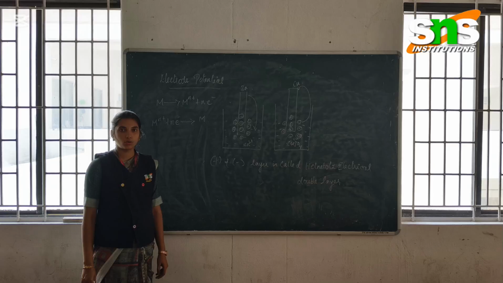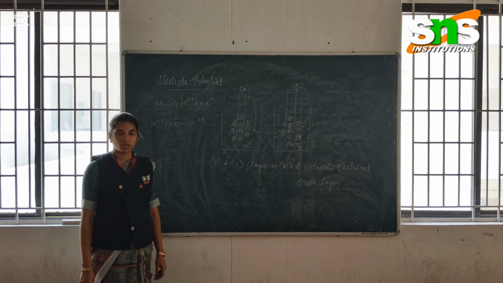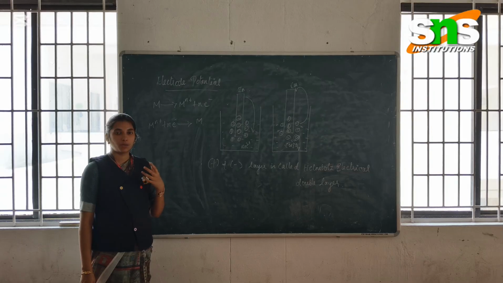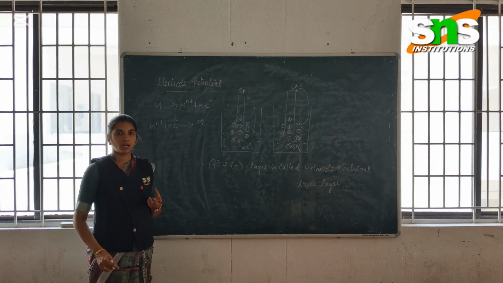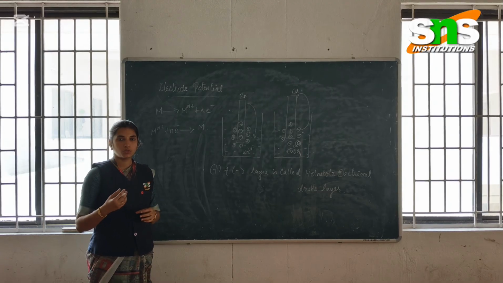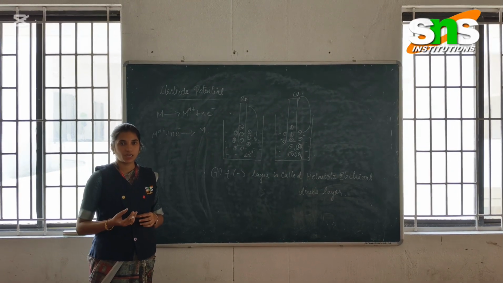Today we are going to talk about the topic of electrode potential. Here, we look at how electrons can be developed by using voltage and how the current transfers into the solutions. So here, when the metal M goes into the solution, any one of the following reactions can